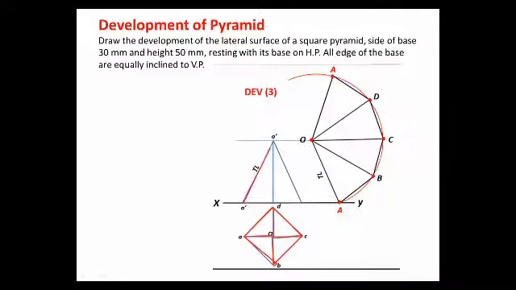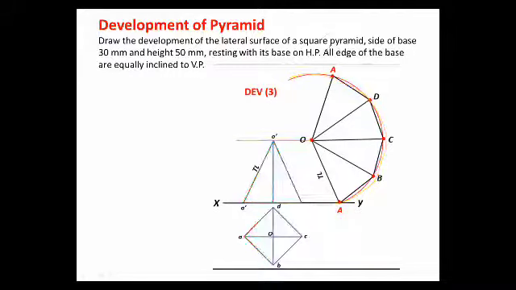Then the line joining O dash and A dash is dark. O dash D dash and O dash C dash are also dark. This line is also dark. Just keep in mind XY line is faint and this line is also faint. We are using these parallel lines only for the construction purpose. The arc drawn over here by taking radius O and capital A, this arc is also a faint line. This arc is also faint.